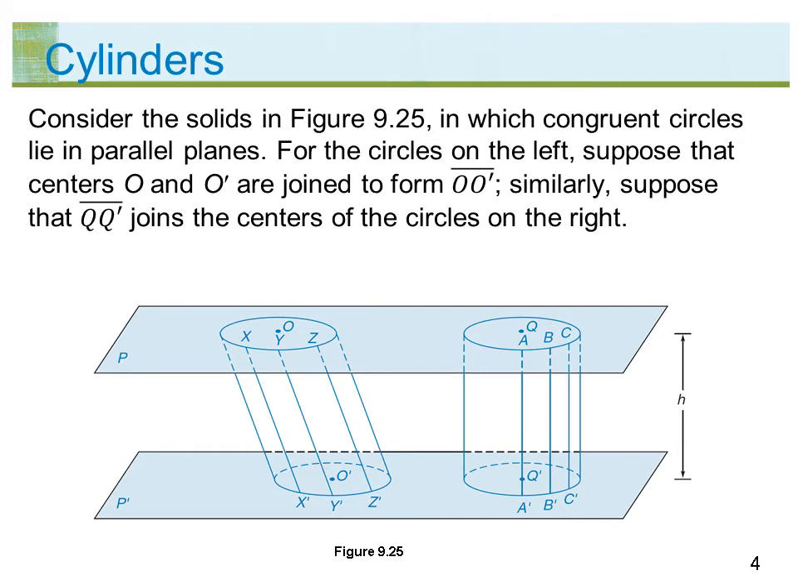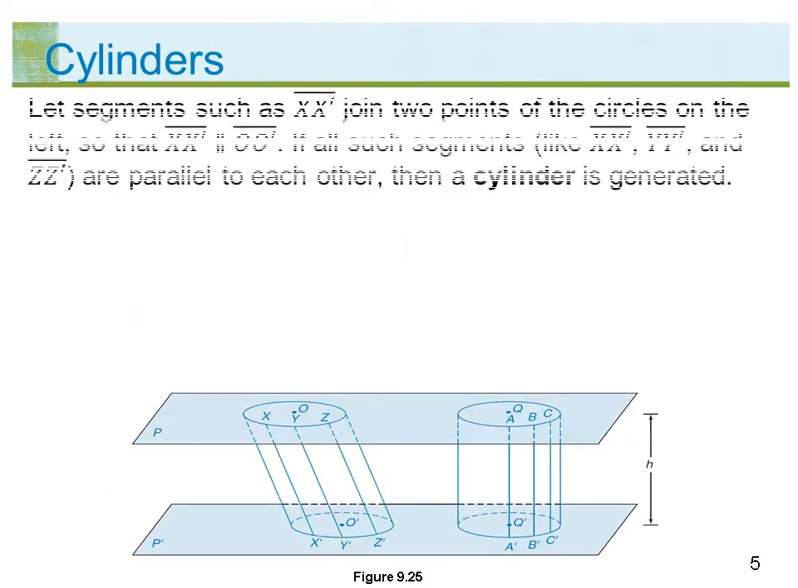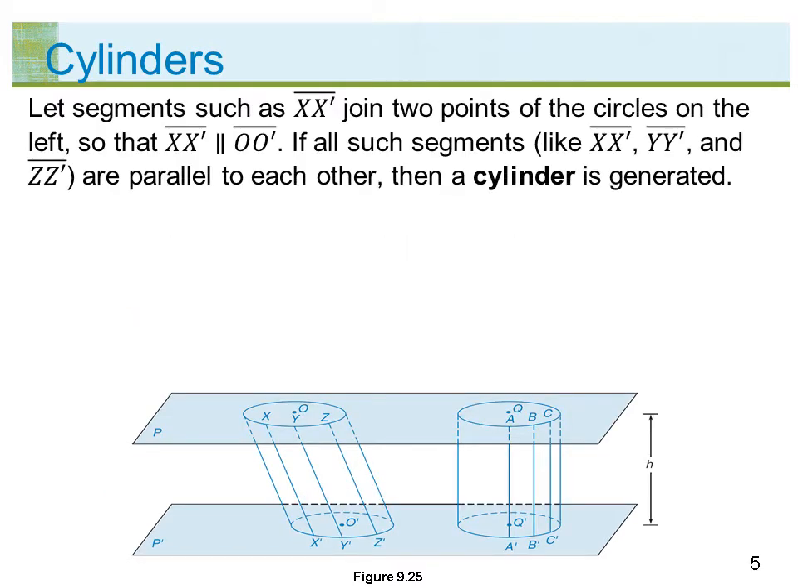Consider the solids in Figure 9.25 in which congruent circles lie in parallel planes. For the circles on the left, suppose that centers O and O' are joined to form segment OO'. Similarly, suppose that segment QQ' joins the centers of the circles on the right. Line segments such as segment XX' join 2 points of the circles on the left, so that segment XX' is